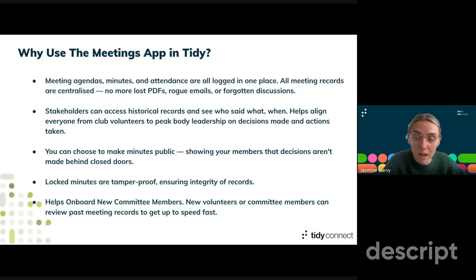You can still keep them private for your admin and your team. You can also lock your minutes so no one can tamper with them, ensuring there's integrity of records. On top of that, we have an activity feed on your organization, so you can see what admins are actually doing within the organization. It also helps onboard new committee members, as any new volunteers or committee members coming on board can review post-meeting records and get up to speed